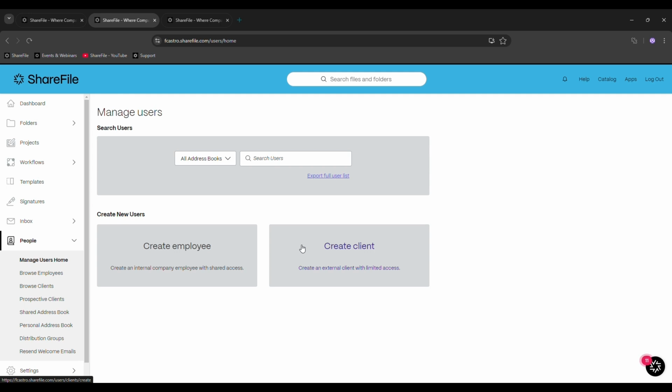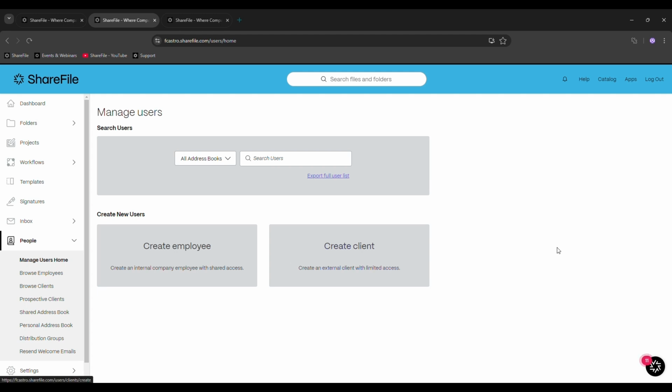I want you to be aware of the difference, because if you create an employee as a client, this user is going to be very limited and they may want to have more access. On the other hand, you don't want to give as much access to client users, because they will have a lot of permissions in the tool if you're not careful when setting up their user within ShareFile.